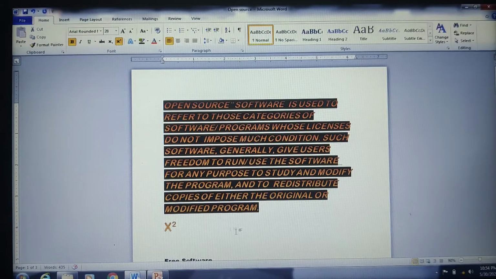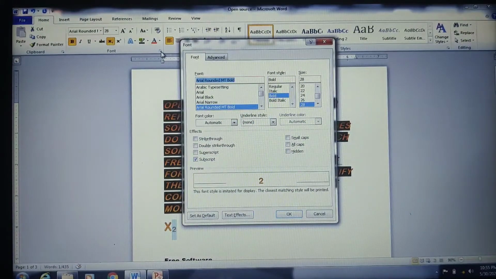See, this is a superscript, so just select that text. What if you don't want to make it superscript, and what if you want to make it a subscript? Then choose this one. So you can directly use the standard formatting toolbar, wherein you are able to access all these options just by looking at the small pictures or icons. Or else you can even go to this font dialog box. Also you have a different font dialog box.